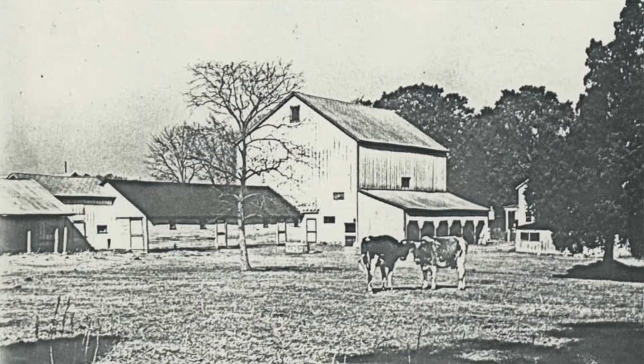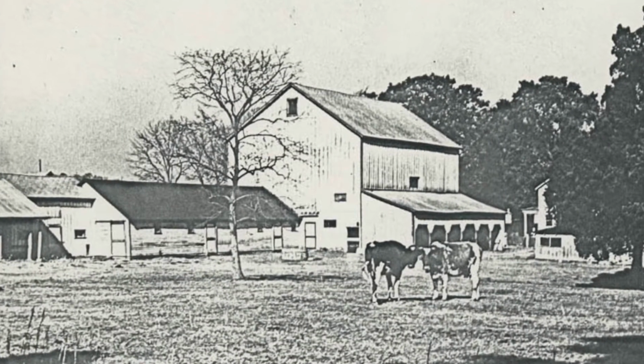Gunston Hall wants to put a building up in this area that looks as much as possible as that stable looked like in George Mason's time. And what we're doing out here is trying to figure out something about that stable. Now, in the 1950s, when this place opened up to the public, there was a barn standing here. And there's been a lot of thought that that barn was actually the stable in George Mason's time, and it just came down through the years. The barn was finally torn down,